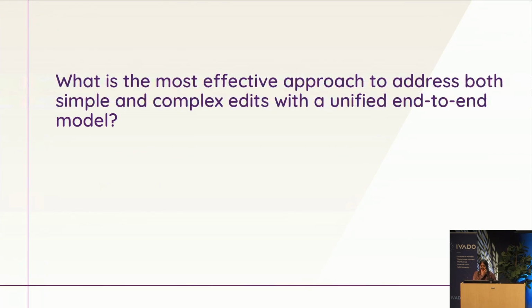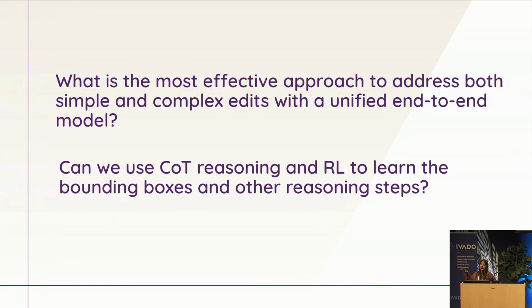So when we started this project, we were asking a few different questions. We were very interested in finding out what is the most effective approach to tackle both kinds of simple edits and complex edits, right? So simple ones are like just adding or removing an object or changing the attribute of an object, and complex edits are of the sorts of counting, spatial relation, action edits, and so on. And particularly, we wanted to do this in a unified end-to-end manner instead of building individual modules for different kinds of edits. And at the same time, in NLP, there was this chain